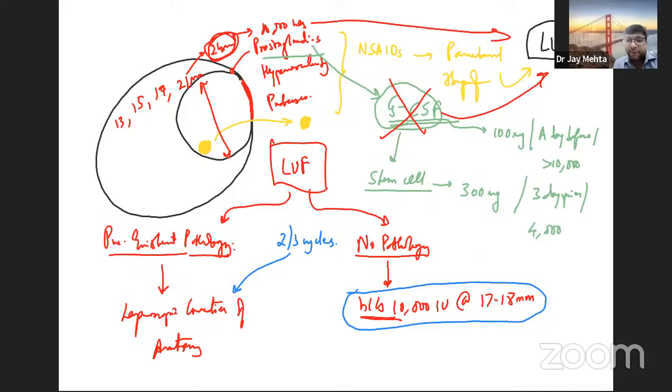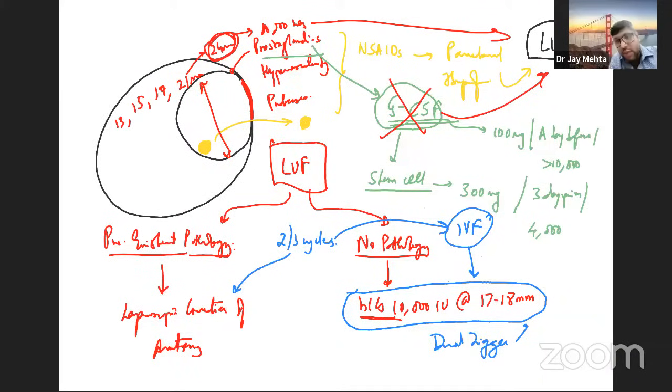Okay, in laparoscopy also, if you find nothing and you want to counsel the patient that there is nothing inside, then the treatment of choice for the patient is to do IVF. Even in IVF, remember to give HCG at 17 to 18 millimeters or just use a dual trigger at 17 to 18 millimeters. Kindly don't act very wise and start doing IUI with GnRH agonist trigger, because one paper has shown that when you give GnRH agonist trigger in IUI for a previous LUF, it will cure the LUF. It will cure the LUF definitely, but the patient will not become pregnant.